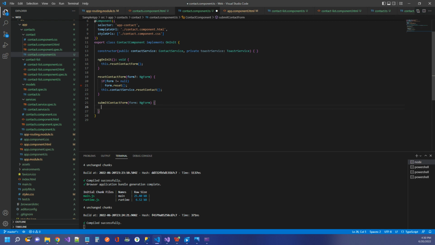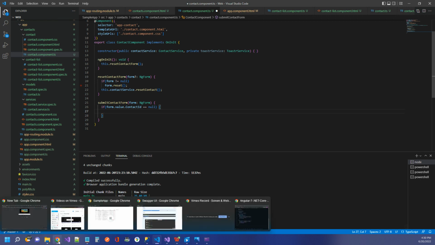So what I need to do is determine, is this a new contact I'm adding? In that case, I want to call the post method, or is this an existing contact that I'm modifying? In which case, I want to call the put method, make a put request. So the way I would do it is I'm going to say if form.value.contactID is null. So if we don't already have an ID, and the way you can think about this too is if we